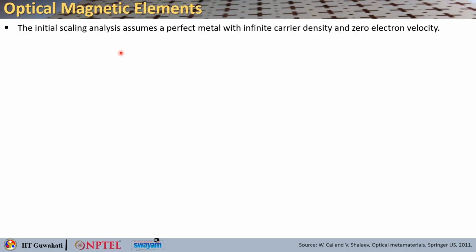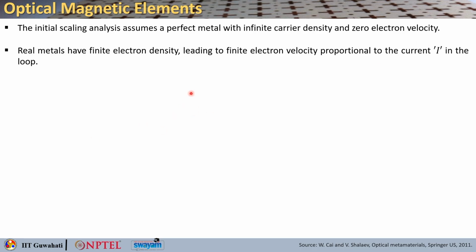Now, this simple but crude reasoning, however, is based on the assumption that perfect metal with infinite carrier density is being used. In this case, the current excited by the external field is basically carried by electrons with zero electron velocity. But in real metal, they will have finite electron density and hence a finite plasma frequency. Therefore, there must be a finite electron velocity also, which is proportional to the current I in the